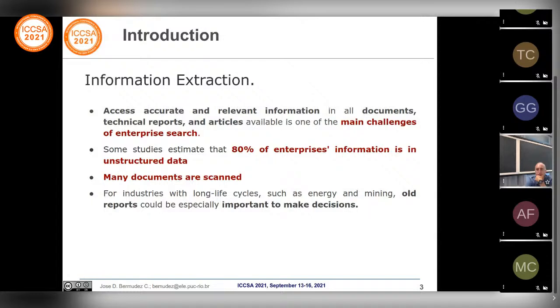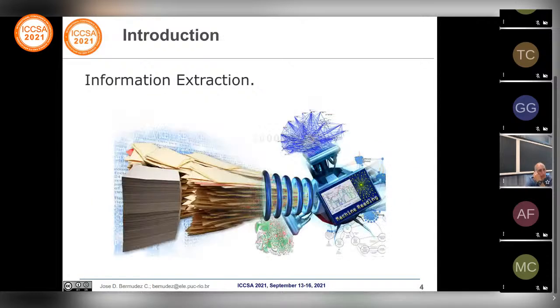Enterprises can take information from studies that have been performed before and use this information to make decisions about new projects, for instance. So in the context of information extraction, the main idea is to use all documents that are available in the industry and process this information using a machine learning algorithm that organizes it in a structured way, so that the enterprise user can search for information that is in the data sets.